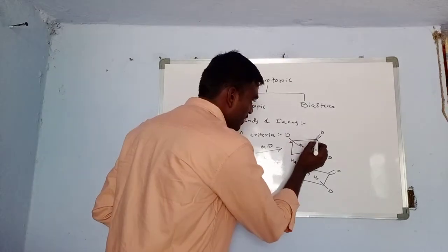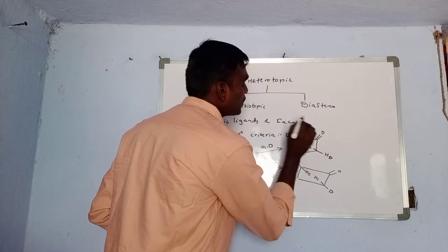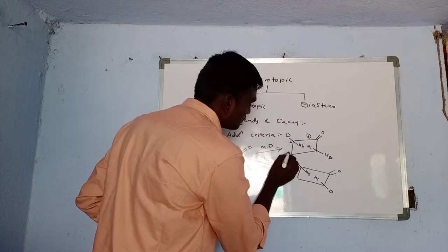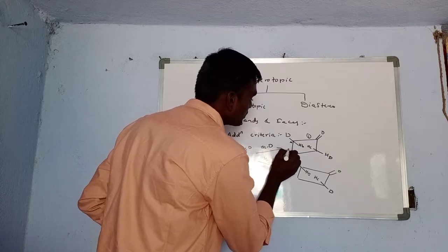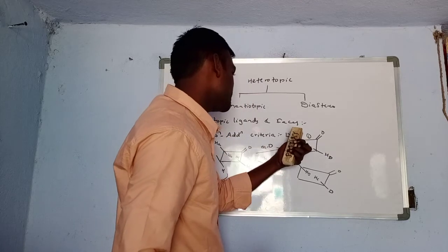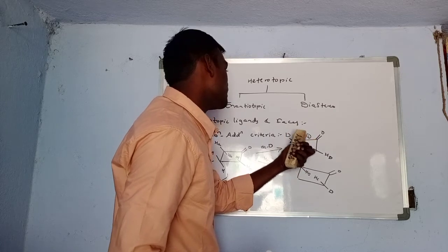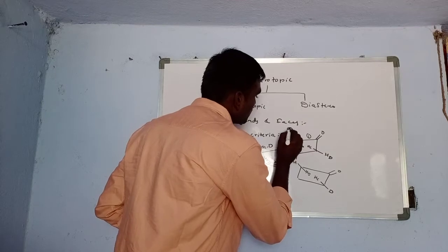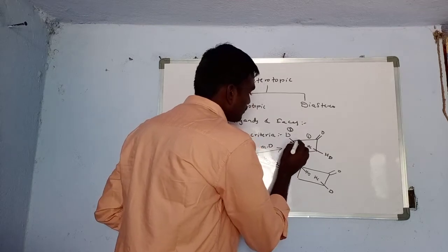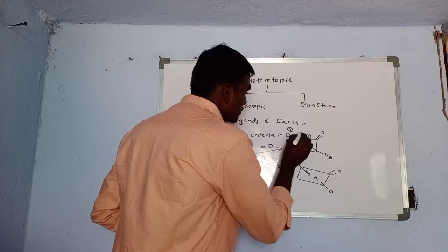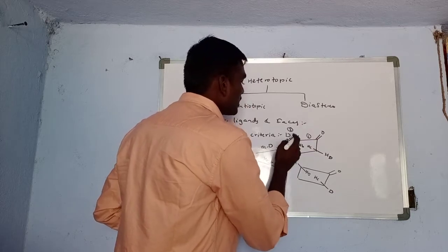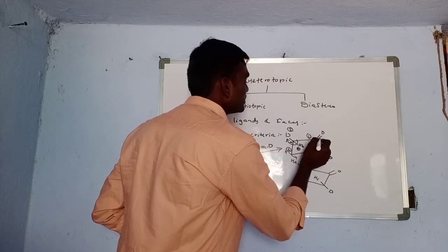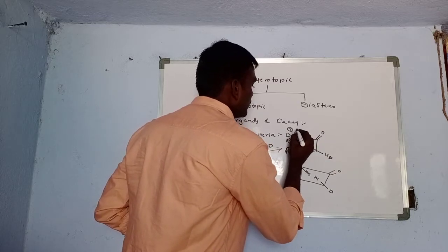Okay, this carbon will be attached to carbon and it will be attached to oxygen, so it will get the first priority. And this carbon will be attached to a carbon atom, here hydrogens and hydrogens, so it will get the second priority. And this deuterium, when compared to hydrogen, deuterium mass is high, so it will get the third priority, and the fourth priority is like this. Okay, whenever the priorities are clockwise, that is R configuration. If you are giving the numbering like this, 1, 2, this is 2R.